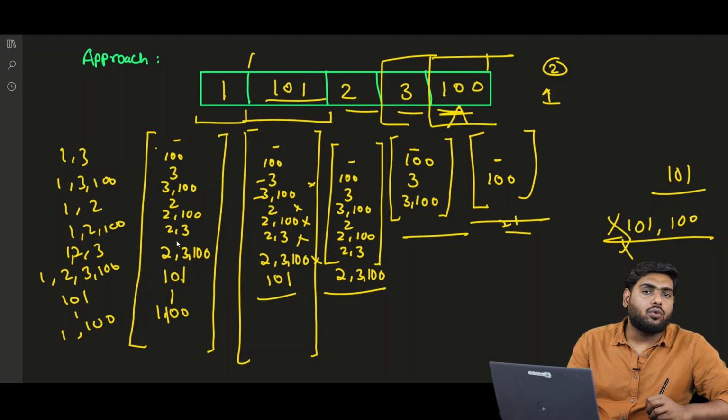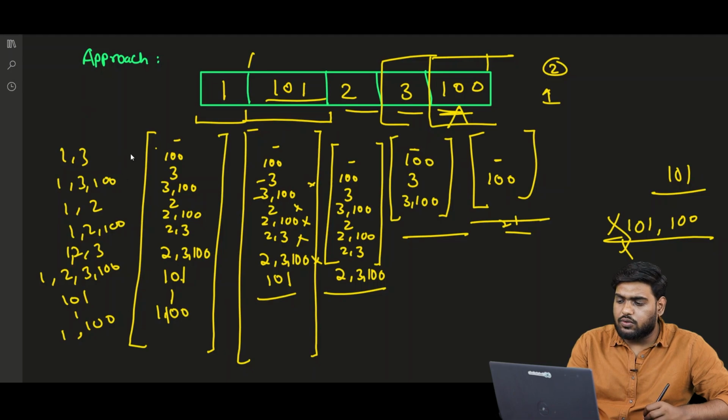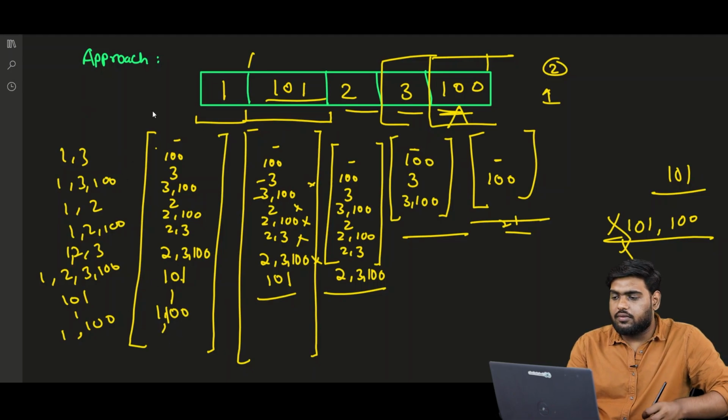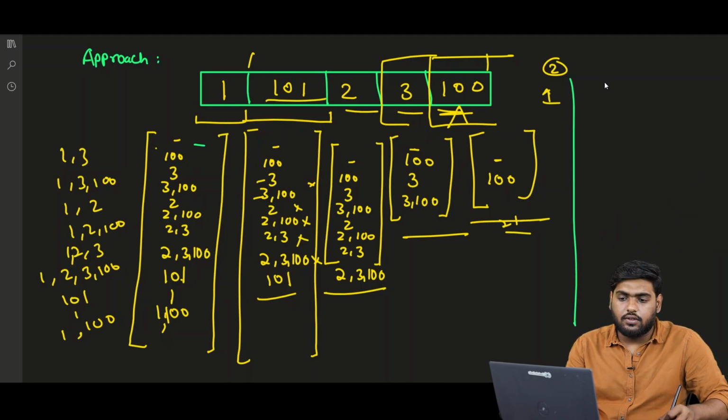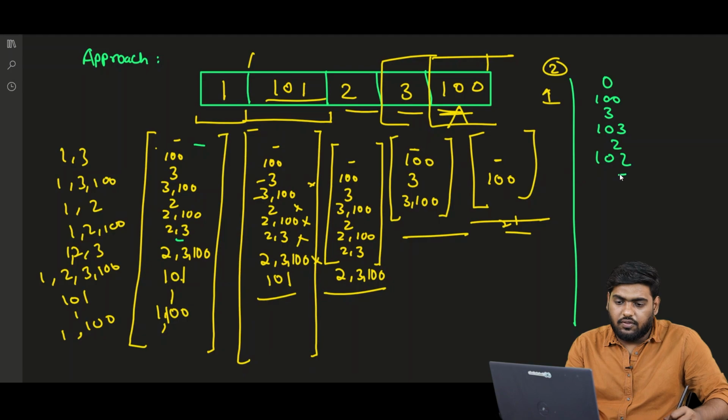Now what do we want to do? We want to find the maximum sum. So if we start to sum it all up, what will we have? Empty, that means let me write the sums here. Okay, now start calculating. For nothing, it's 0. Then we have 100, then we have 3, then we have 100 plus 3, 103. Then 2 alone, 102, 2 and 3, it will be 5. It will be 105, 101,